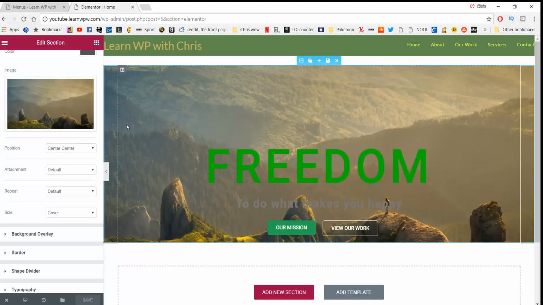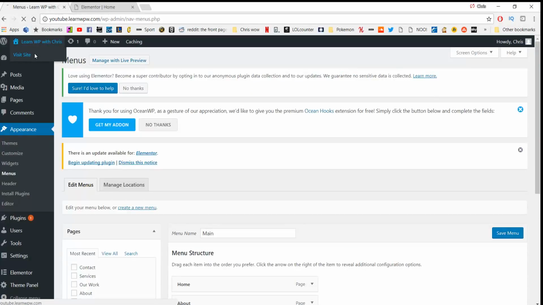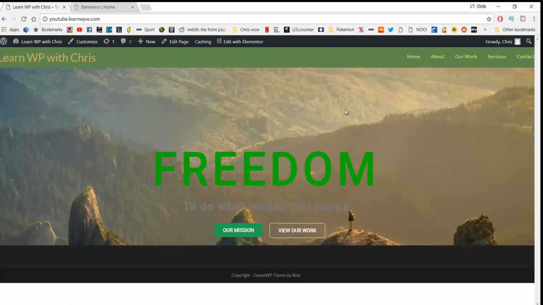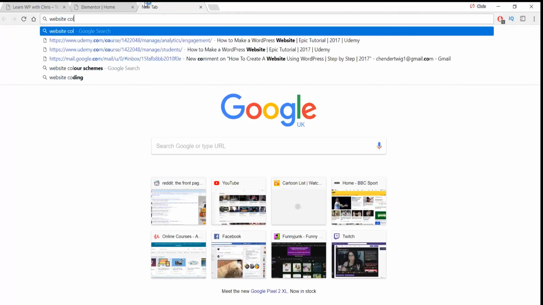So if you just save, and we're just going to have a quick preview of what this looks like. So if we go back to our dashboard and then open up our site, it's starting to look a lot better, but things aren't looking too great. The color scheme isn't the greatest here. A color scheme is really important. There are plenty of websites online where you can learn a lot about color schemes and what really works with each other. If you just type into Google website color scheme,